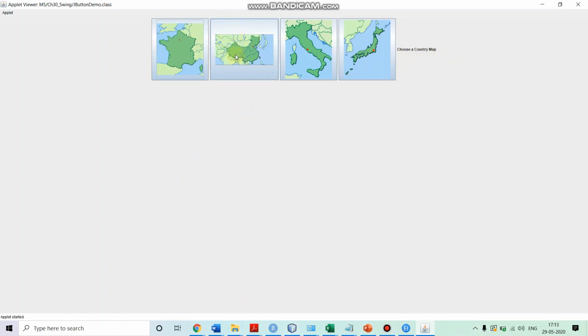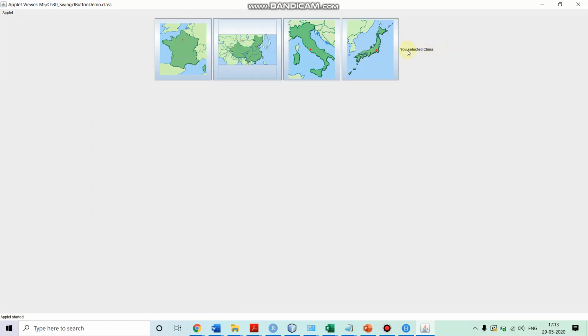I am selecting the map of China, so I am pushing this. Here, see, "You selected China" came. Now I am pushing the Japan button, the Japan image, so it changed to "You selected Japan". Then we go for France, "You selected France". Then we go for Italy, and again China, "You selected China". This way we perform the event handling related to the push buttons.